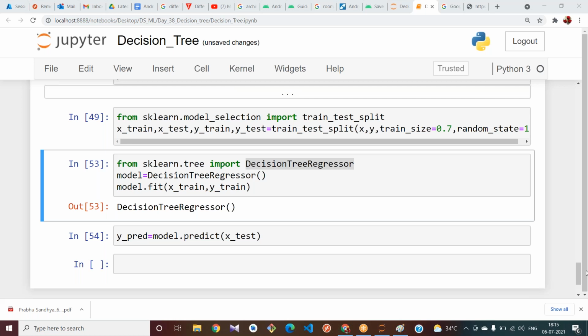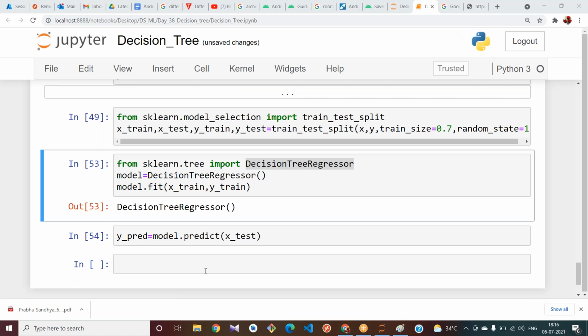If education is important, you may label encode it and try it, and compare the accuracy. The R2 score is our metric.